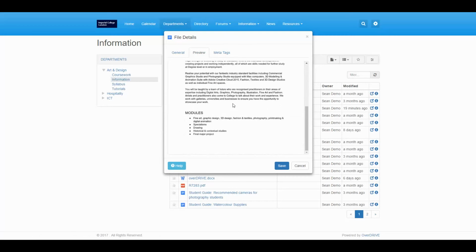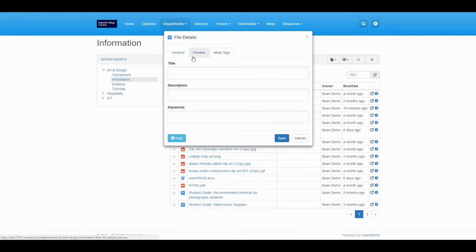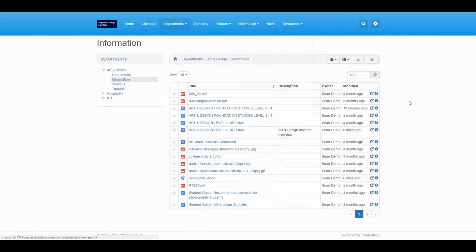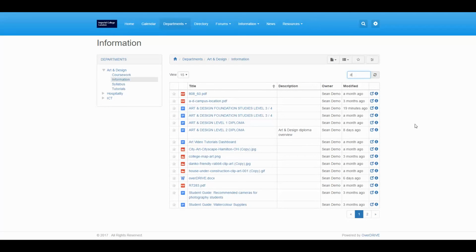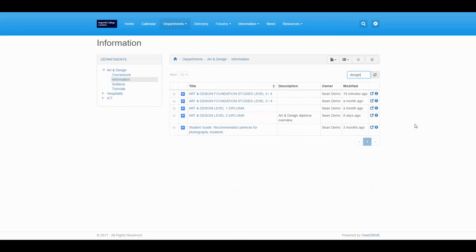I can get a preview, and I can also add any metadata tags for ease of searching, etc. Well, one thing that I can do is, this is a fairly flat folder structure, but I can filter this list. So I can say, show me anything that mentions the word house, for instance, or let's say anything that mentions design. And it circulates and looks in the Google Docs for the title, but also in the document itself,